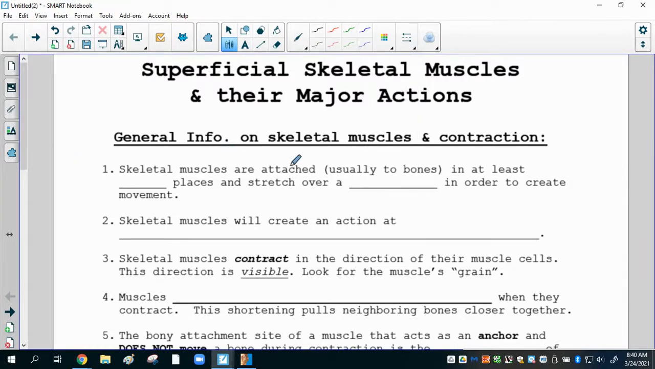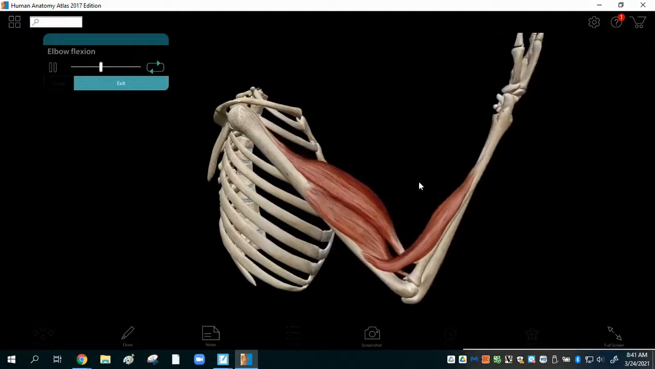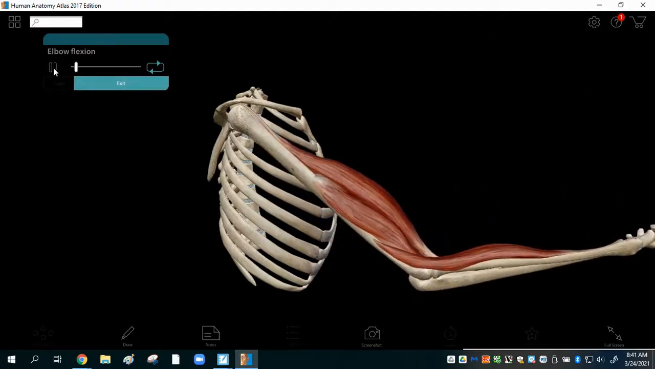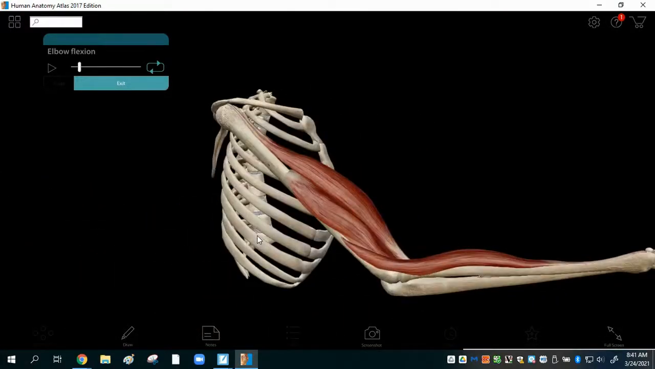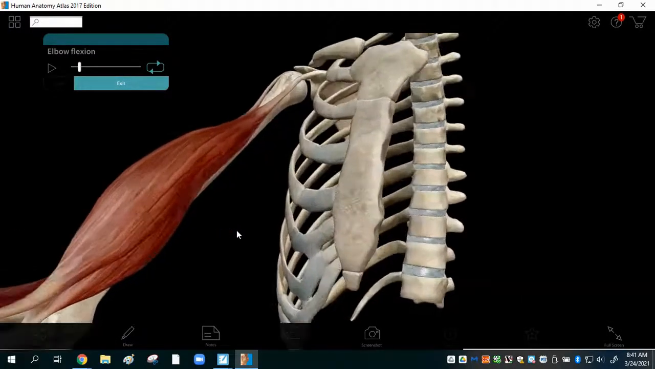Skeletal muscles are attached usually to bones in at least two places, and they will stretch over or across a joint in order to create movement. Let's take a look at the anatomy atlas. So here the atlas is demonstrating the action called elbow flexion and then elbow extension. This particular animation is trying to illustrate what muscles accomplish flexion at the elbow. But I wanted to show you specifically, if we get really close to the elbow,